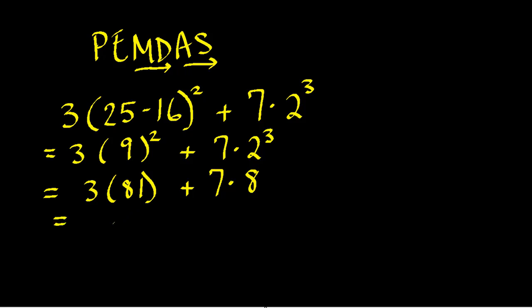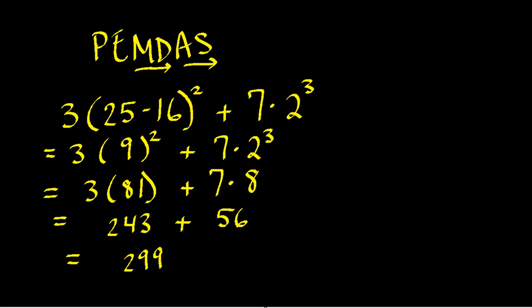3 times 81 is 243. Bring down the plus. 7 times 8 is 56. Lastly, all we have left is addition, so we will add these together and get the final answer of 299. Now, you'll know that you have a good handle on your exponent rules and your order of operations and